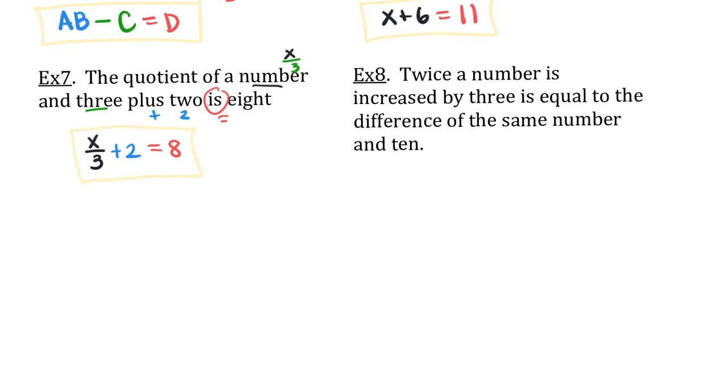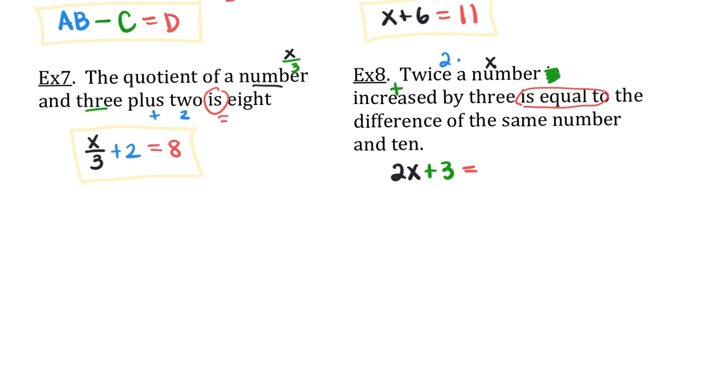Okay, one more together, and then you're going to try the next ones on your own. Twice a number. What is twice? If you do something twice, you do it 2 times. So this is 2 times. Twice, 2 times. If it was triple, it would be 3 times. So 2 times a number. I'm going with x because I'm boring. You pick whatever number you like. 2 times a number is increased by 3. Let me write this. Twice a number increased by 3. I shouldn't have an is equal to